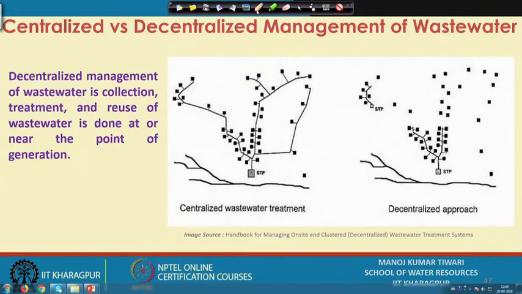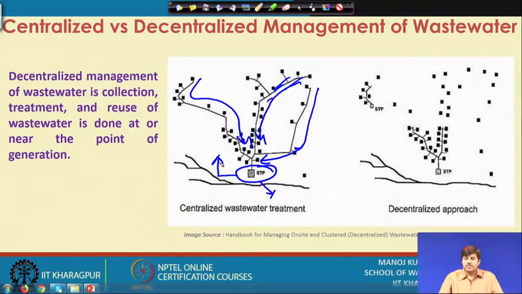a central treatment facility. Let us say these are the different areas from where wastewater is being generated. We collect all this wastewater and eventually all of it is channelized to just one single point, and then it comes to an STP where it is treated, and after this treatment, in the centralized system, it is disposed of, or even if it is to be reused, then after that it has to be reused,